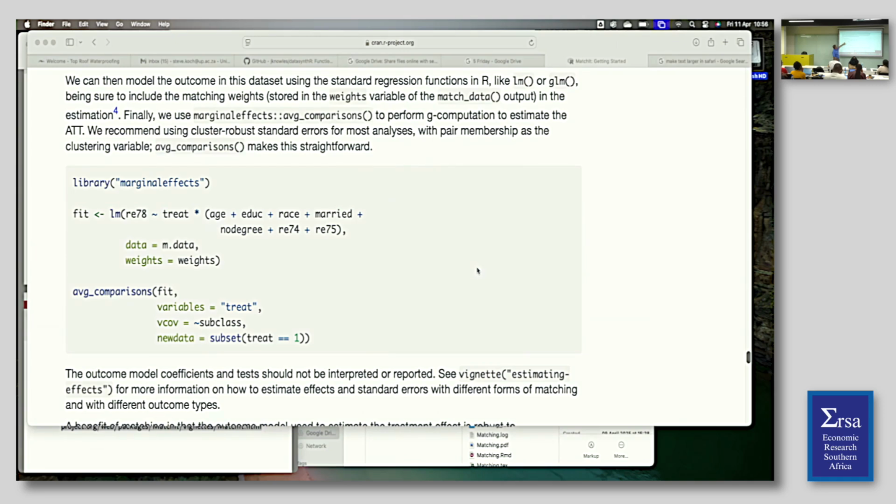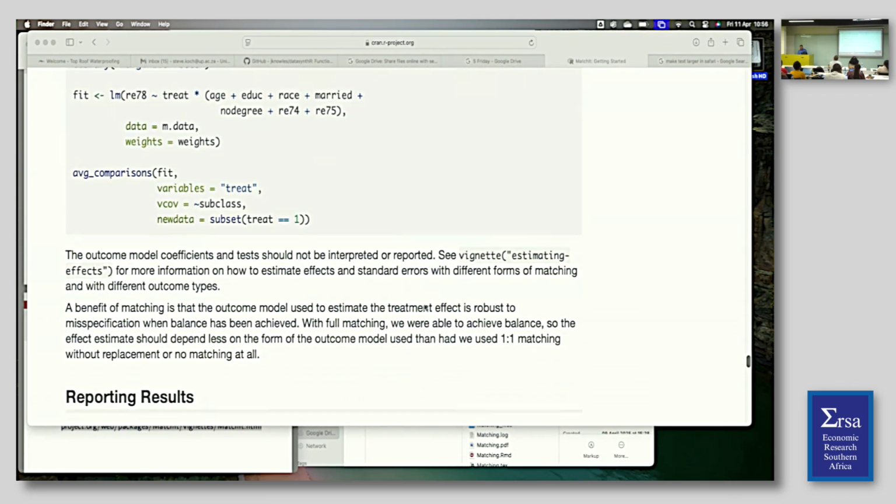And then when you fit it, you use the actual match data. Okay, you don't use the initial data, you use the actual match data, and then you fit with the weights, right? Remember, we've got this weighting idea going on in the background. We've taken the propensity score to re-weight the data. So, and then you're essentially creating a series of comparisons using this model based on the treatment status. You're calculating a covariance based on subsets that are treated or untreated. Okay, so this is part of the command structure,